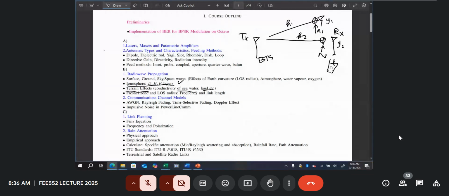So the communication channel will look like this. You have received Y1, which is equal to your signal that is transmitted, which you have already modulated within the phone, times H1. The signal is X, transmitted after modulation. That is what we transmit, plus N1. Then Y2 is the channel 2, H2 times X. X is the same because it's just one signal that was transmitted, plus N2. So when we talk about a communication channel, we are looking at